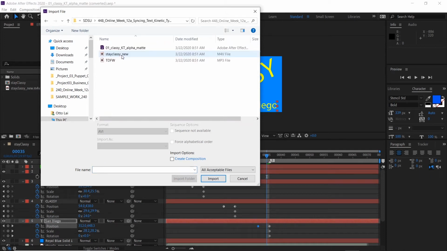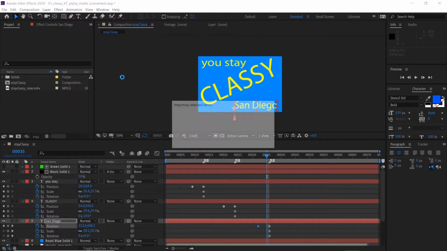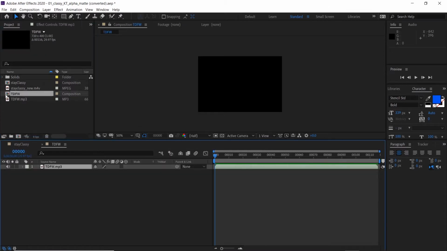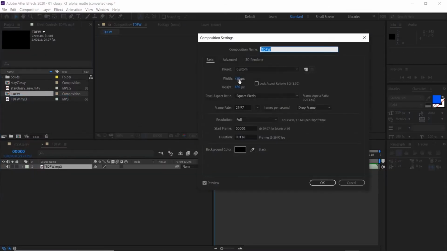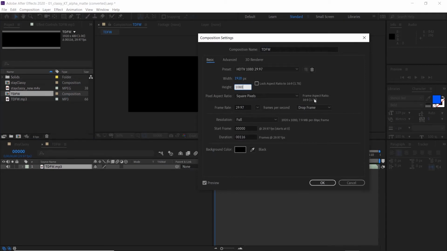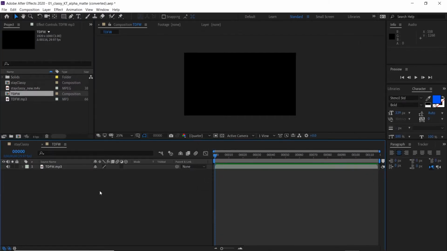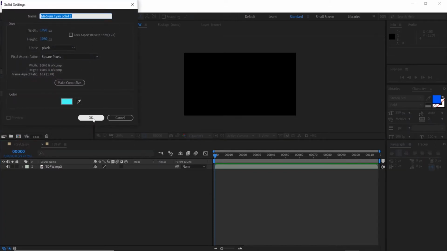Okay, new exercise where I'm going to repeat those 5 steps, but I'm going to import a different audio clip. TDFW is another MP3 that's available in the server, and I'm going to drag it onto the composition icon. Okay, the composition that instantly got created is not the right size I want. I would like to create a composition that's HD size, 1920 by 1080,